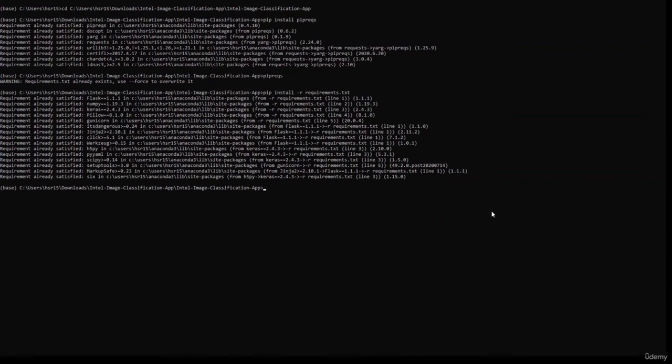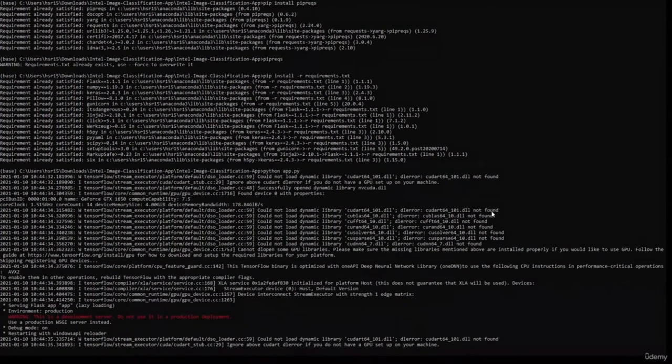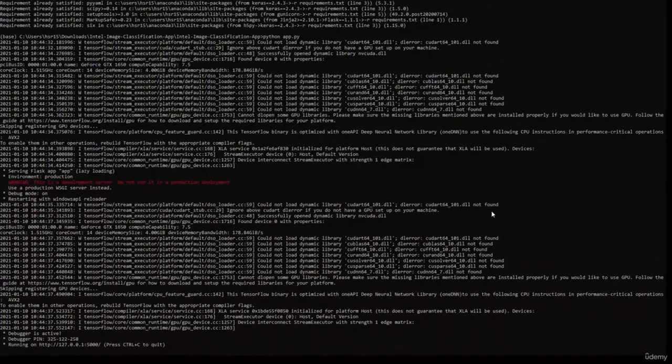So how do we run a Flask app? First, make sure that you are in the particular folder where your application is saved, where your project is saved, and you should know the name of your application. The name of our application is app.py. To run that, we will type the command python app.py. Here you will see that it provides us with a URL where our application will run, and we will go to that URL. In the end you can see that this is the URL, localhost. Let's copy this and go to our browser to check if our app is running fine or not.